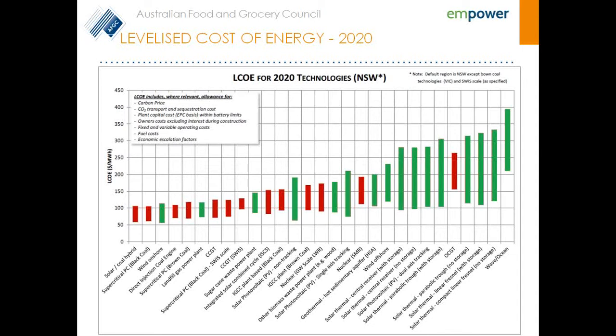So you can see the prices for onshore wind and simple solar PV, at the bottom end of those scales, are starting to be comparable in price to coal-fired power stations,